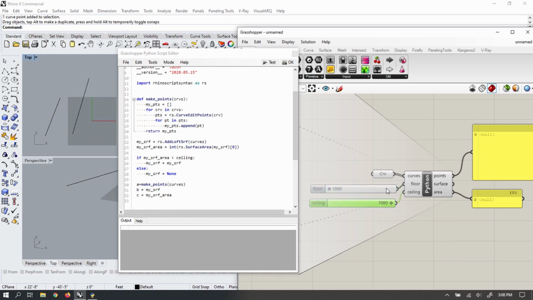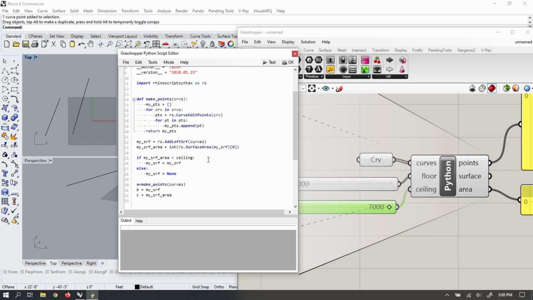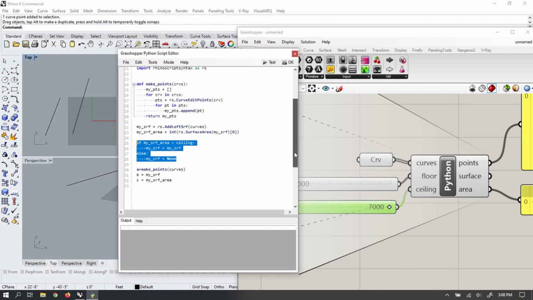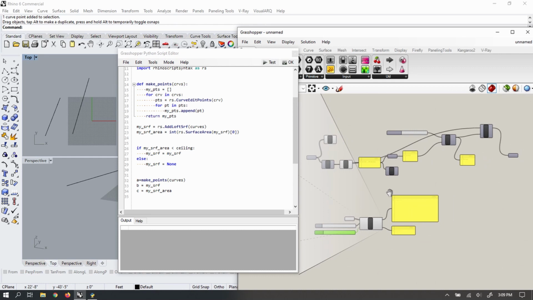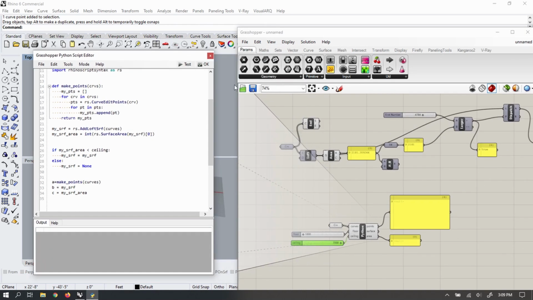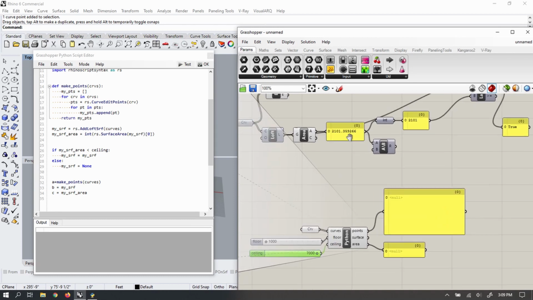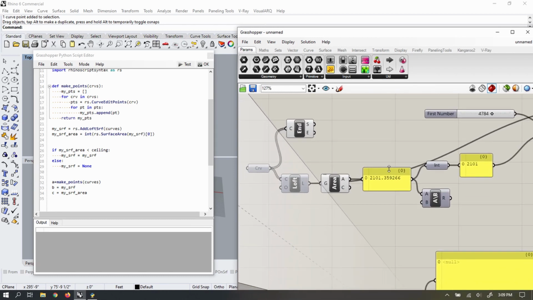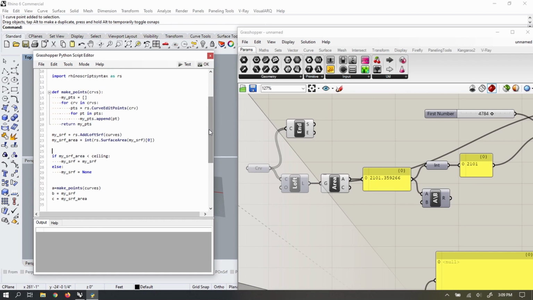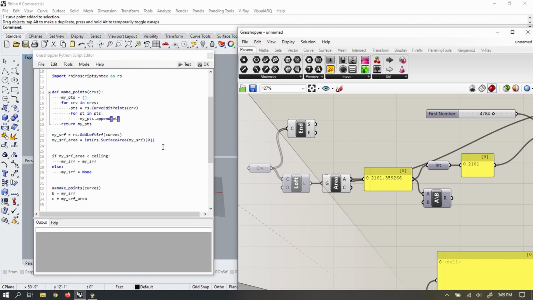So we have our floor or ceiling. We could be using the floor elsewhere. Right now we're just referencing the ceiling in a comparison. And so just to get back to relating to what's happening in the Grasshopper native components. So we have our curves referenced. This is where we're getting our endpoints within the Python code. For each curve, we're grabbing those edit points and then adding them to a list. These you have them natively, but then we're able to get our surface and area just with 2 lines of